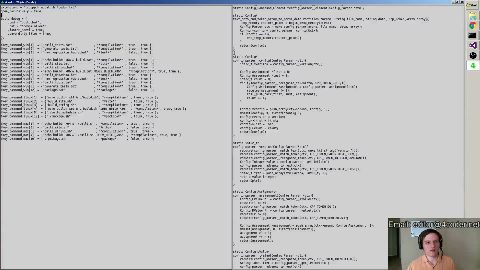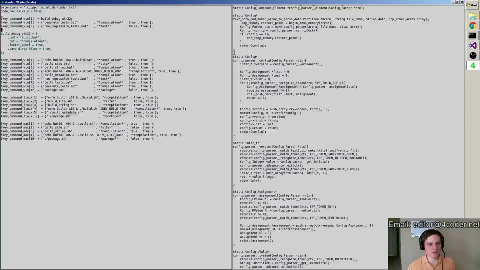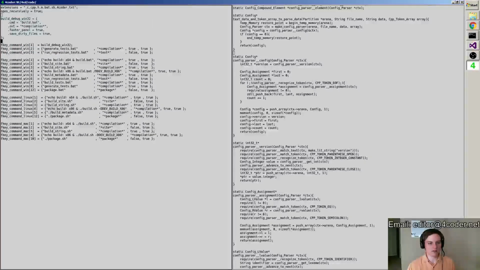So I could rewrite the parser to handle this, but then if I wanted to do something like, okay, I save that up there, and then I set this to build debug win32 or something, right? If I called this that, right? This was pretty hard to make work because it's already parsed this, but if I put this here, what happens now, and so on and so on.